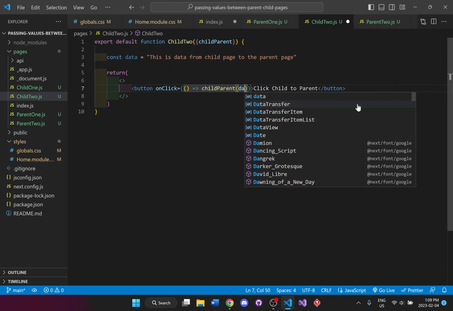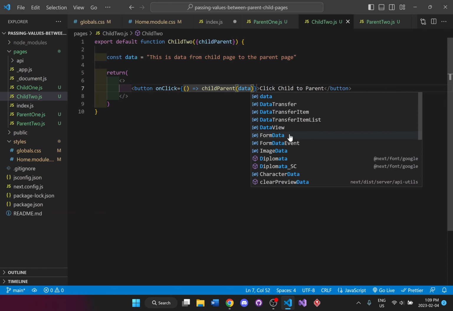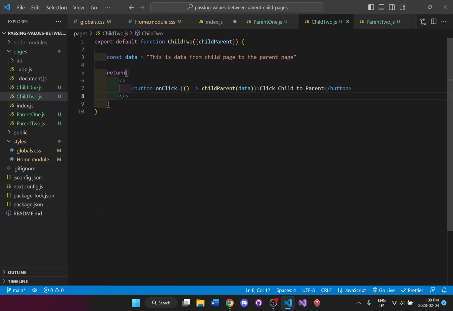I'm going to be pasting in the data. So what I'm going to be doing now is it's going to be triggering a function to be ran.